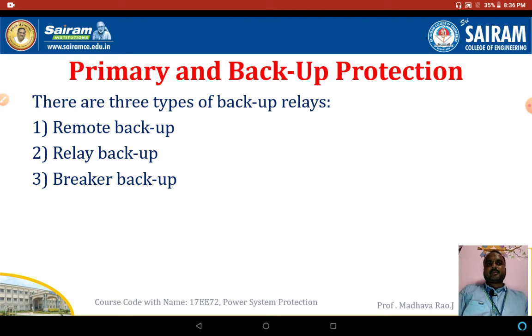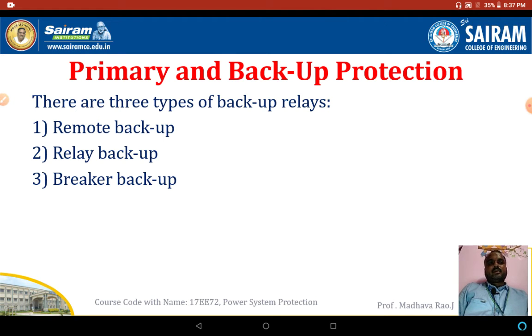So this type of protective relay operation in response to a fault, but the circuit breaker fails to trip. The fault is treated as a bus bar fault. In such situations, what do you have to do? Suppose there is a bus bar fault, and the relay fails to trip the fault.